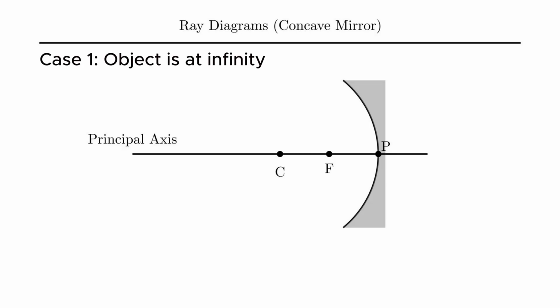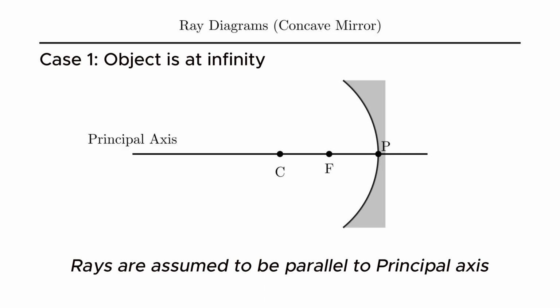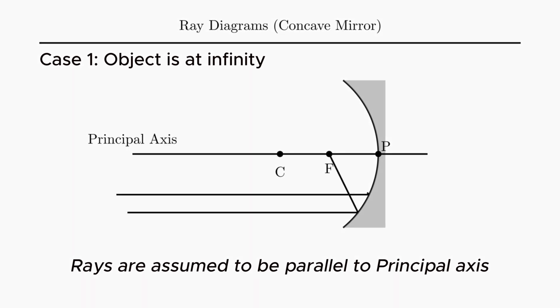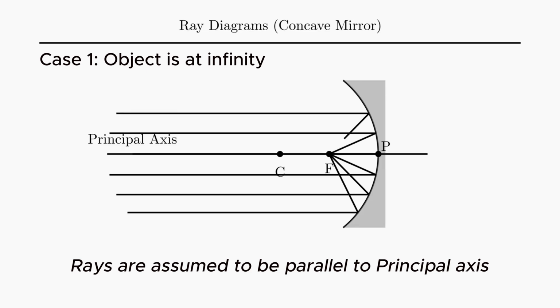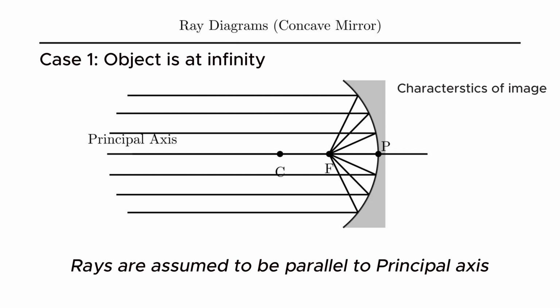Case 1. When object is placed at infinity. For this case, we cannot actually place an object on the principal axis. Instead, rays are assumed to be coming as parallel to the principal axis. Therefore, by using rule 1, these rays will meet at focus. The point of intersection is where the image is formed. It is clear from the diagram that the image is formed, number 1, at focus, number 2, is highly diminished, that is point sized, number 3, is real, that is, it is formed in front of the mirror and